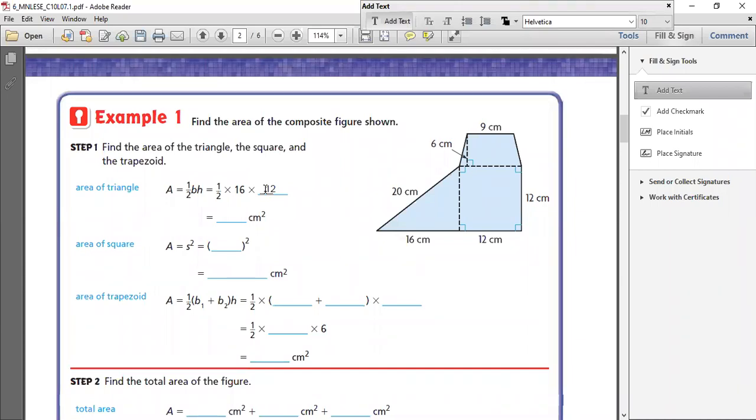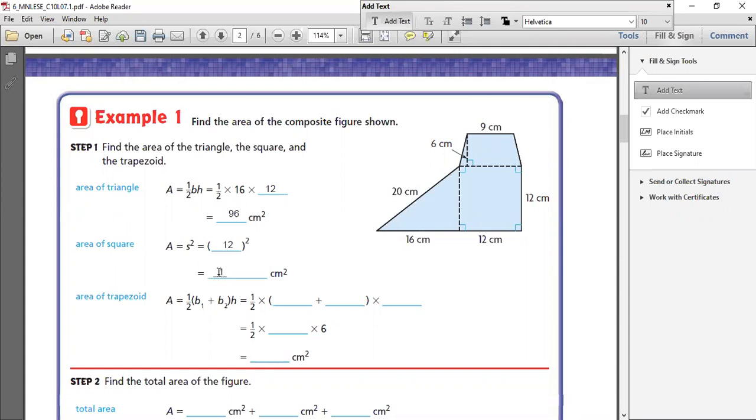Then 8 times 12 is 96 square centimeter. Okay, so what about the next one? They want you to find the area of the square. So the area of the square is s squared, which means side multiplied by side. So one of the sides is 12. So 12 multiplied by 12 is going to give you